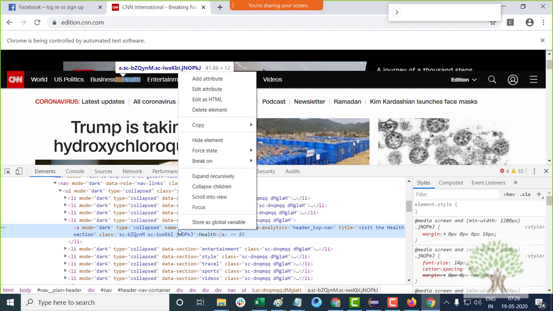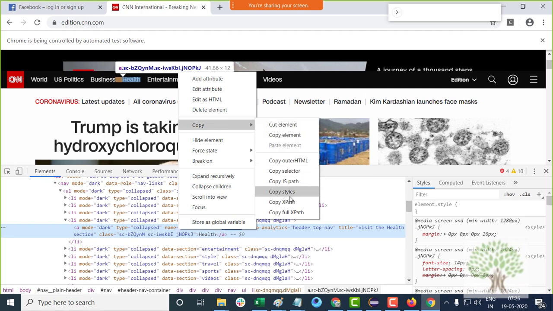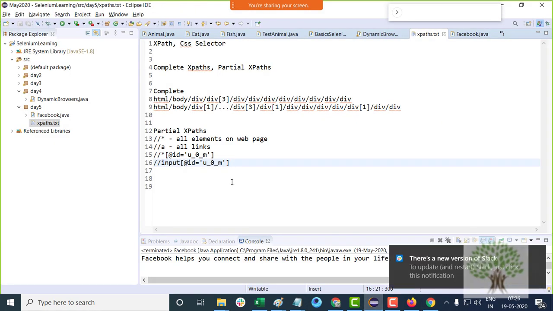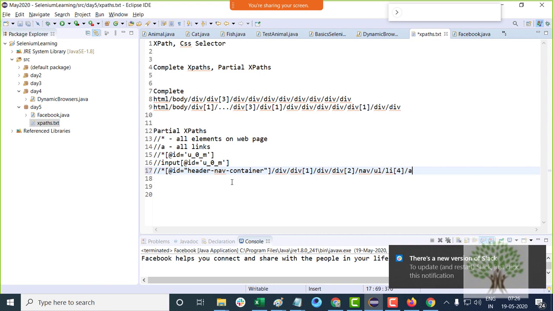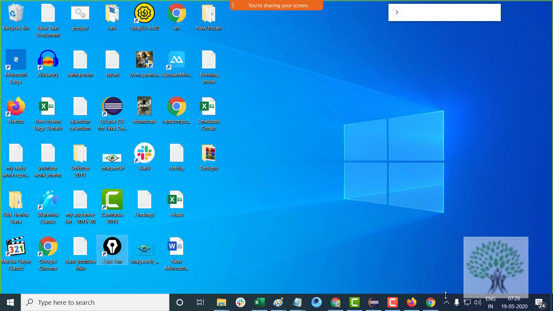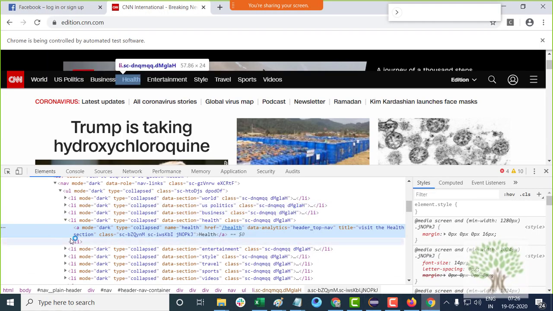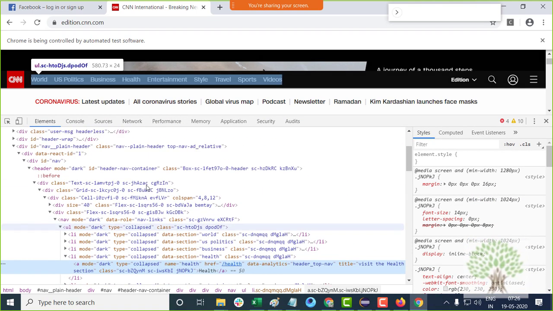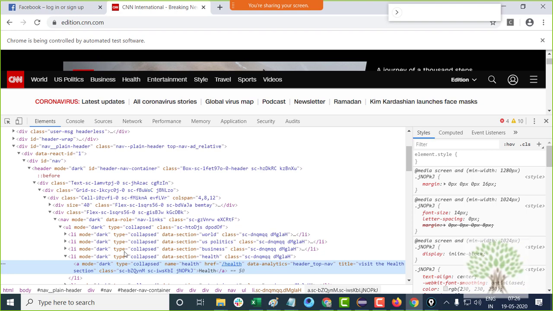If I right click on it, copy the XPath and paste it inside Eclipse, I get the XPath like this. Now how is this XPath calculated? You have to understand the page traversing over here. This is a link, just a minute.